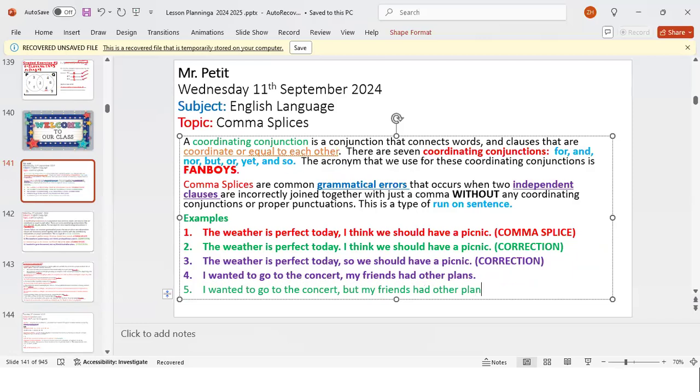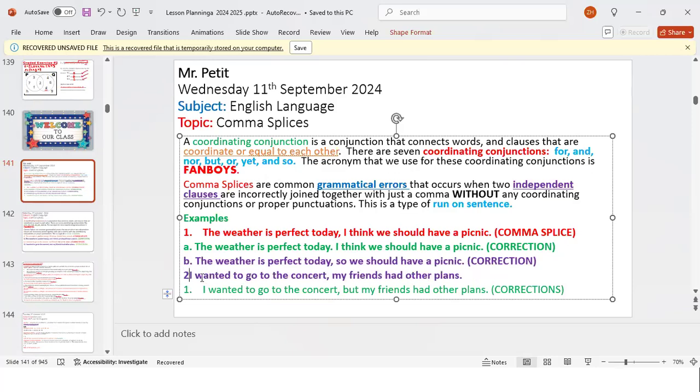So now you see why sometimes your teachers give you a run-on sentence, right? You may think, why did you tell me I have a run-on sentence? This sentence is perfect. It is a nice sentence. It's just not grammatically correct. That's the problem, and it could be something as simple as that. So this is the correction.